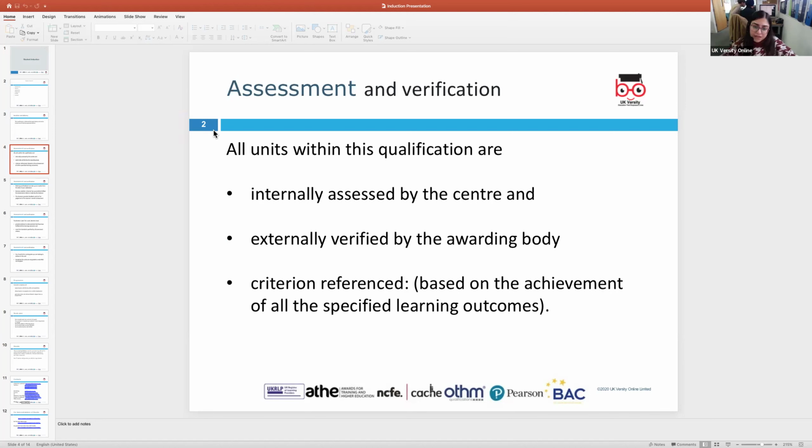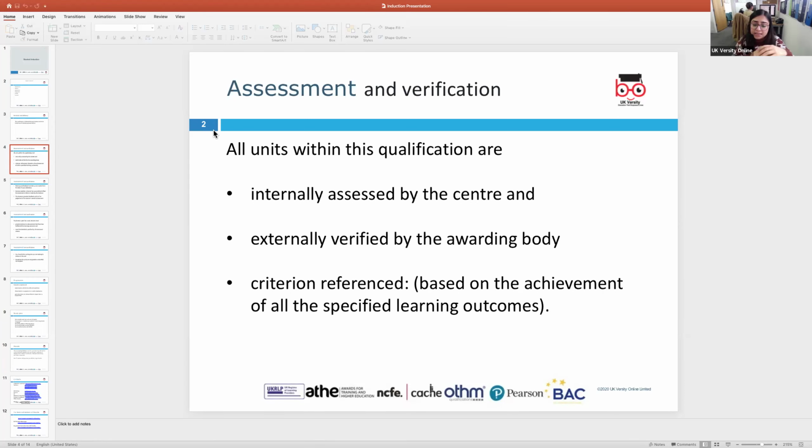For assessment and verification, all the assessments that you do throughout your course are internally assessed by the center first. Here at UK Versity, we have assessors who go through your assignments. We also have an email address, which I'm going to share with you later on and is available on Moodle as well. Once you're done with an assignment and you feel that you're not very confident to make the final submission, but you feel that you have done a lot, and you just want a second person to have a glance through it or give feedback on your assignment, you can send us an email. The email address is